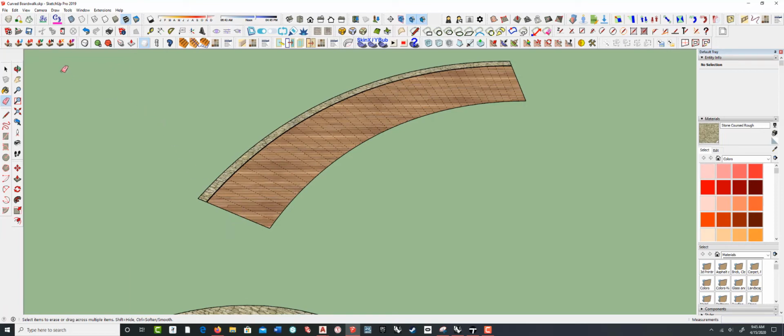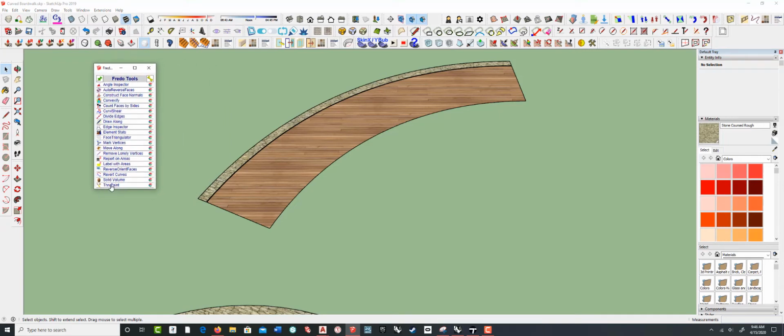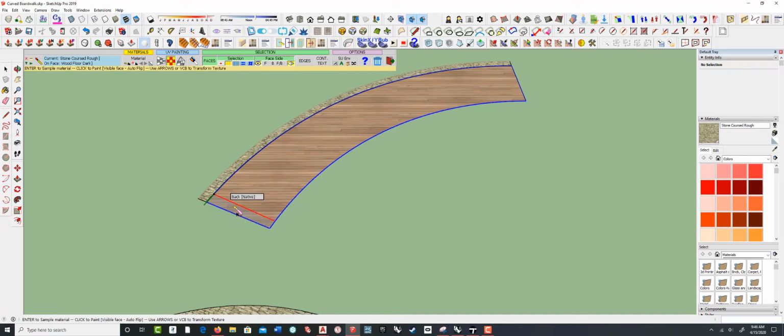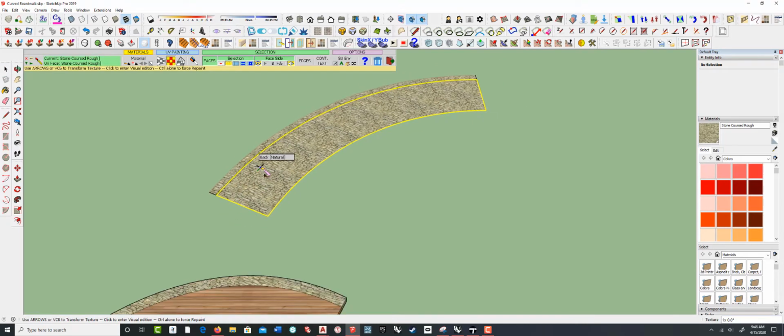Okay, so the next thing I can do, and I can turn this hidden geometry back off, is how do I adjust this texture? So now I've got it broken down into quad faces. The next plugin you can use are the Fredo tools. If I click on that, it's got a whole series of different ones, but the one I'm interested in is through paint. And that allows me to pick a surface,